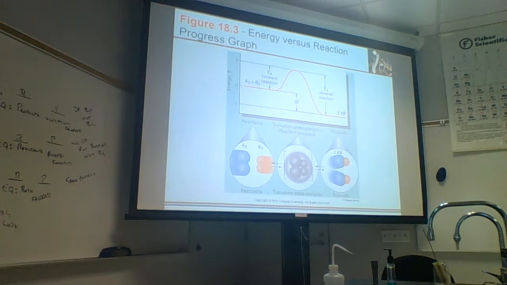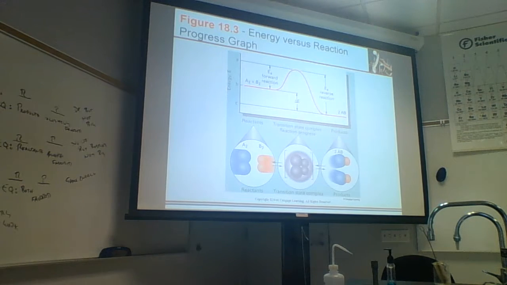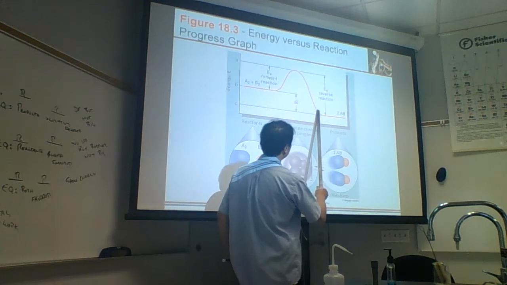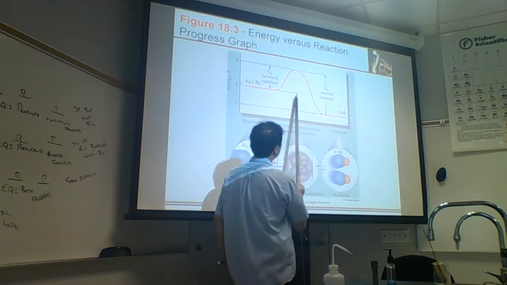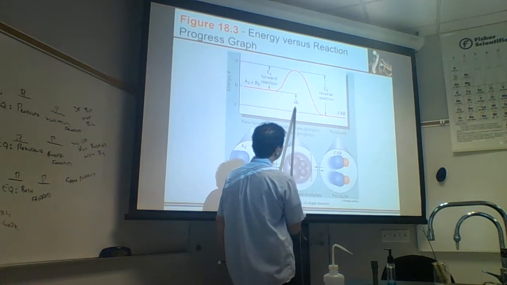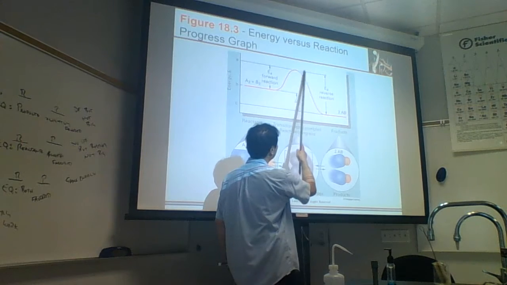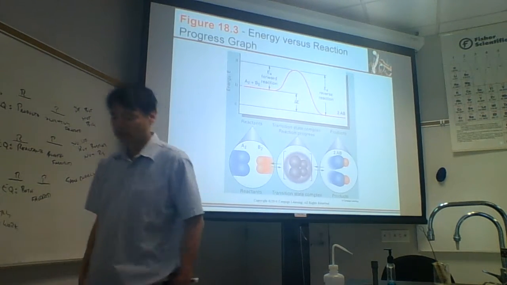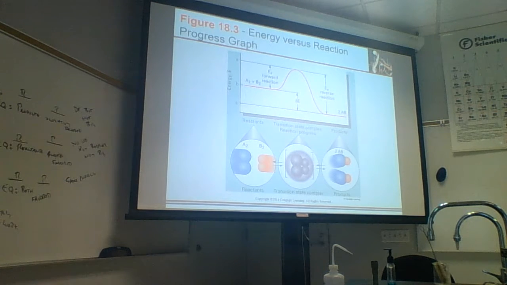The reverse reaction, this one's heavily favored. This one would be harder to reverse because to reverse this reaction, it's going to cost you a lot more energy. These bonds are more stable, so it's going to cost you a lot more energy to go over that hump. So this is a reaction that may not be as easy to reverse, but potentially